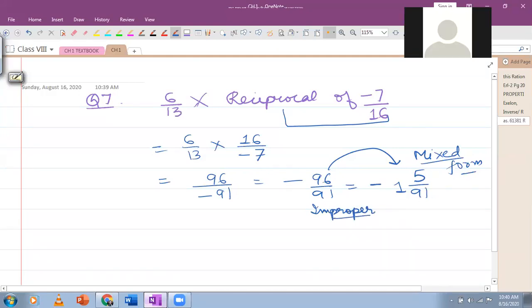Excuse me, ma'am. Yes. Ma'am, can you please explain the difference between rational